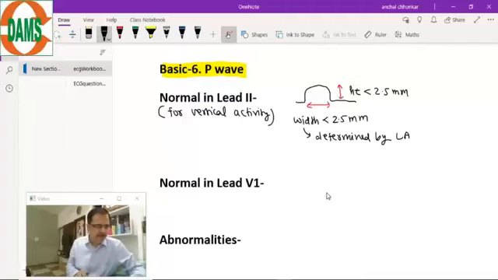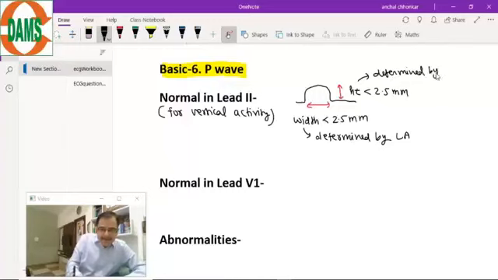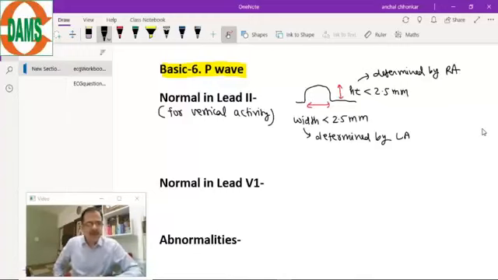All right. So normally in lead 2, lead 2 is for the vertical activity of the heart. Now focus on the atria. P wave is the atrial depolarization, and these are the dimensions. The width of the P wave is less than 2.5 and it is determined by left atrial width, while height is less than 2.5 and it is determined by the right atrial